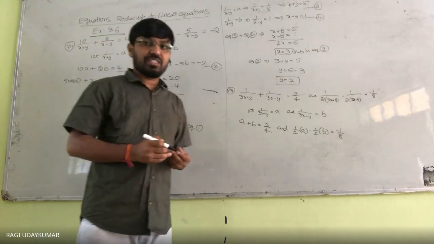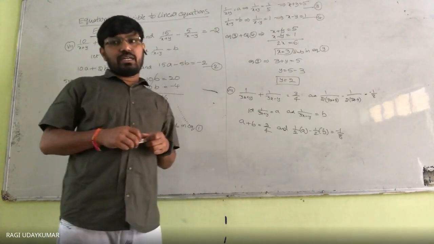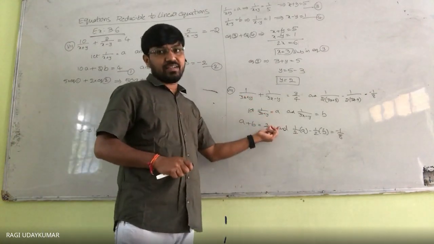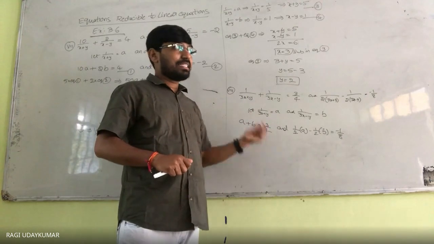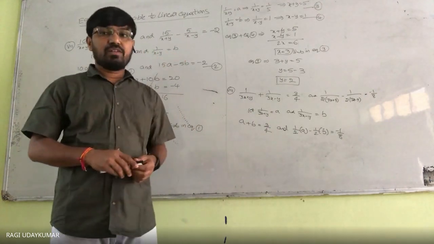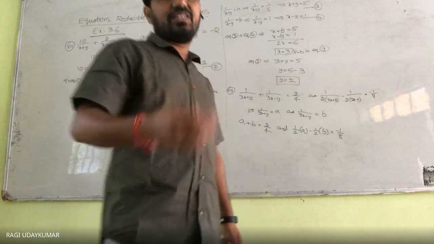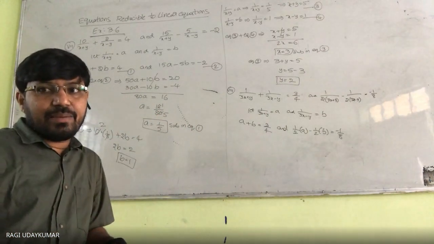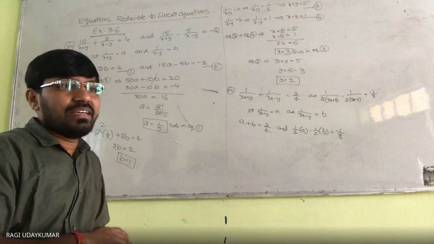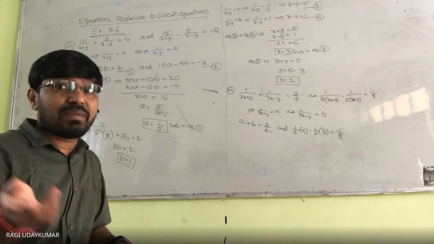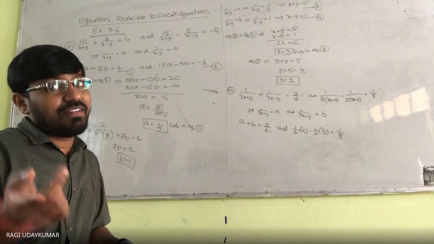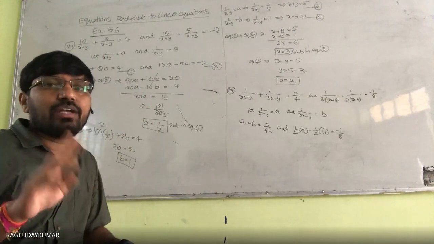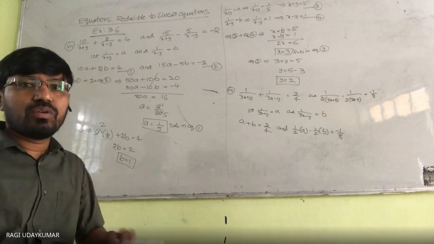And solve the two equations. a and b values you are going to get. After getting a and b values, you have to substitute them here. So 1 by 3x plus y is equal to the a value, if you get it as 1 by 5 just like the previous problem. So 1 by 3x plus y is equal to 1 by 5. So 3x plus y is equal to 5. One more equation. So 2 times you need to solve. Two problems are included in only one problem.